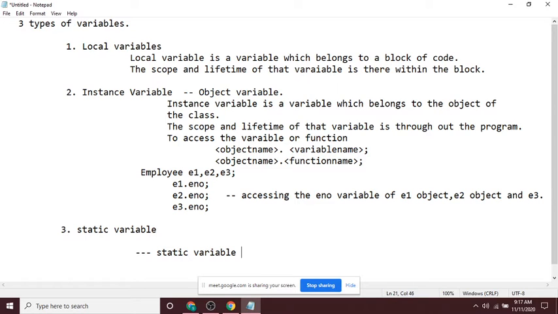If anyone asks you about a class variable, you have to mention only the static variable. The reason is that it belongs to a class. An object variable belongs to the object, whereas a static variable belongs to the class.